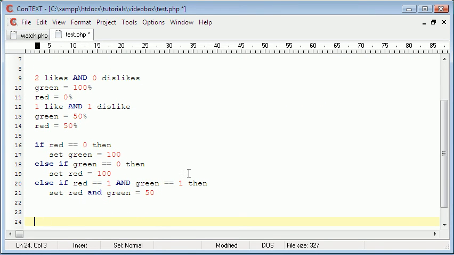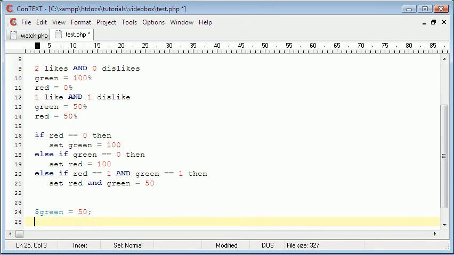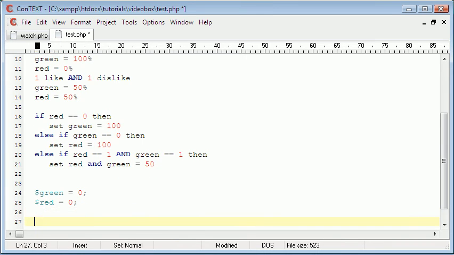So what we're going to say here is, first we're going to define the variables. We'll set them as numbers actually. And red, I don't want it to be 50, I want it to be 0. And then I'm going to say if num of likes is equal to 1,